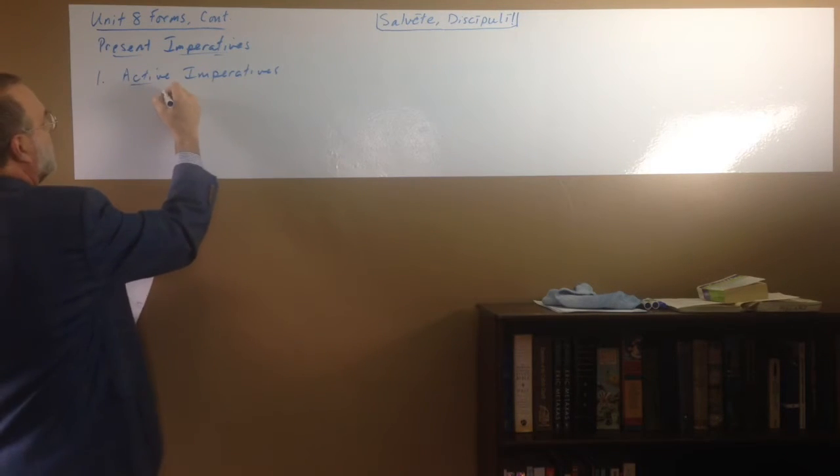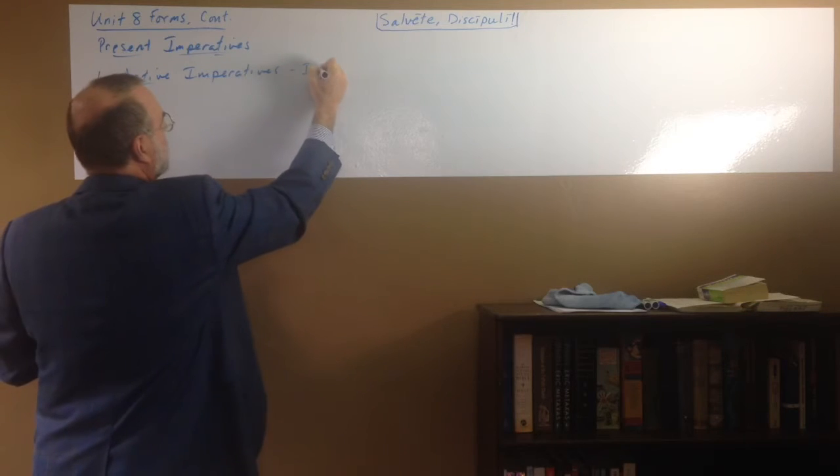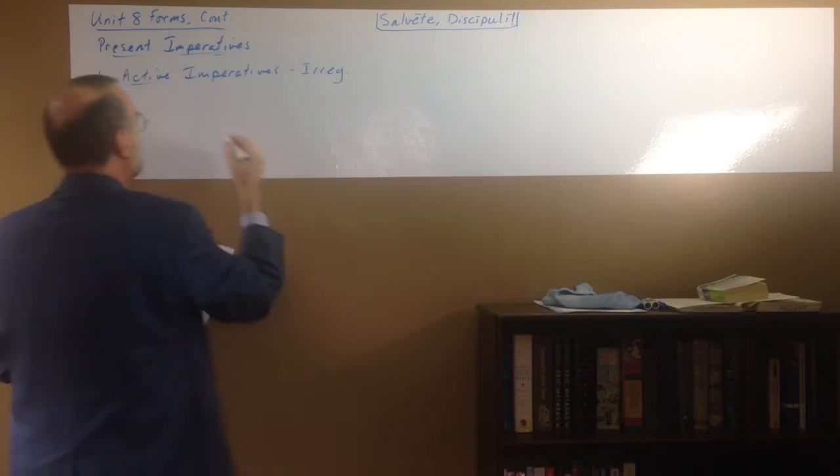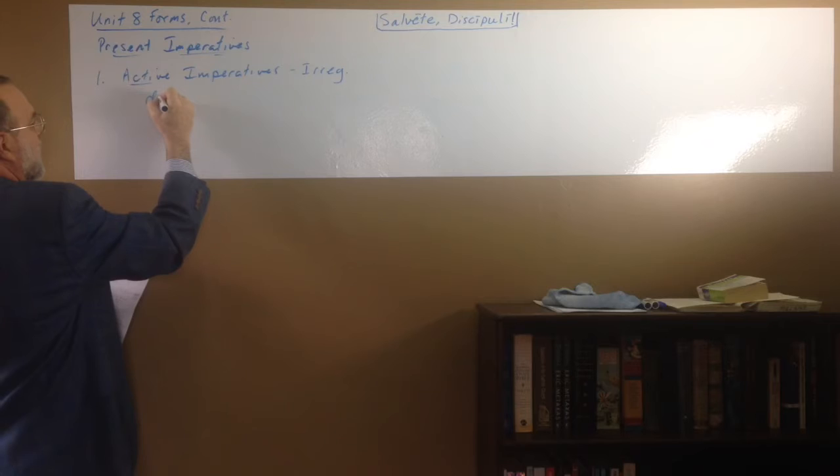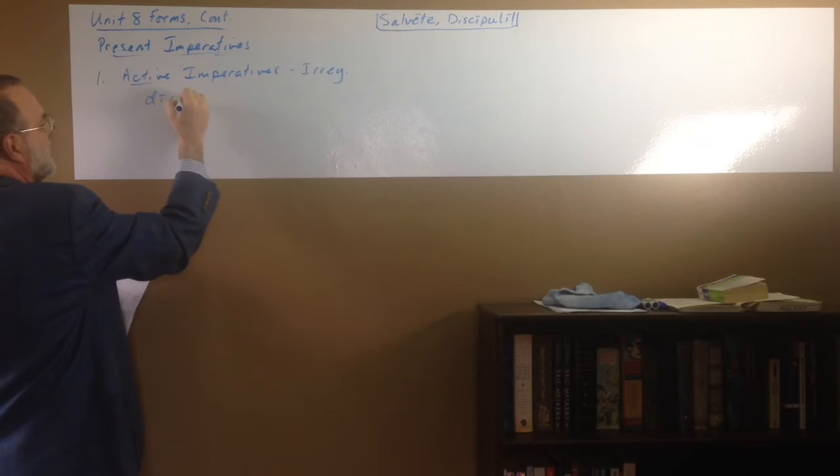Okay, so active imperatives, these are the irregular forms. Okay, the verb dico,